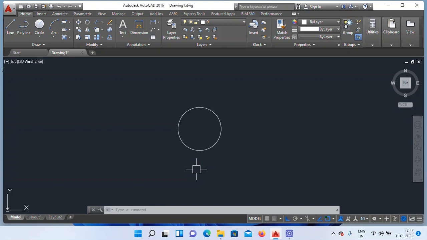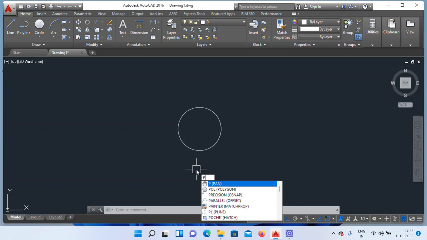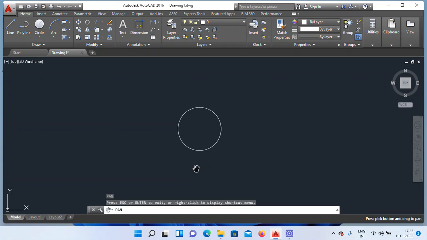The syntax is P, enter. Click on the object and move with the mouse. See, like this, right? It's moved, and the pan command is active.